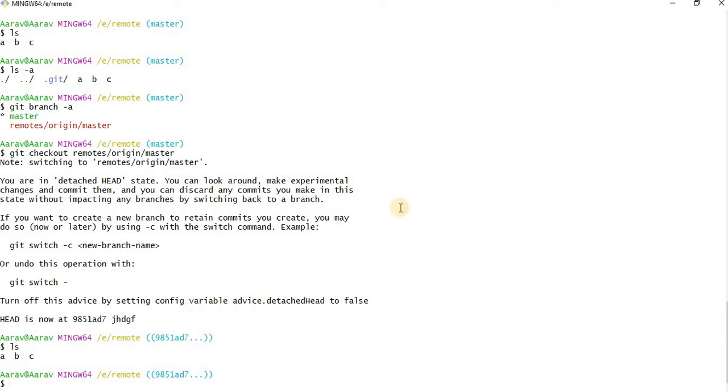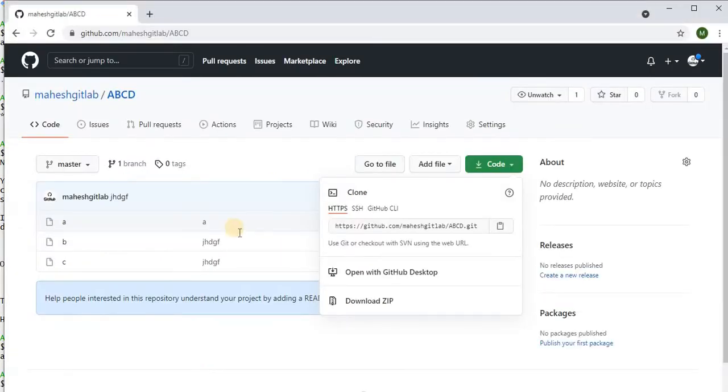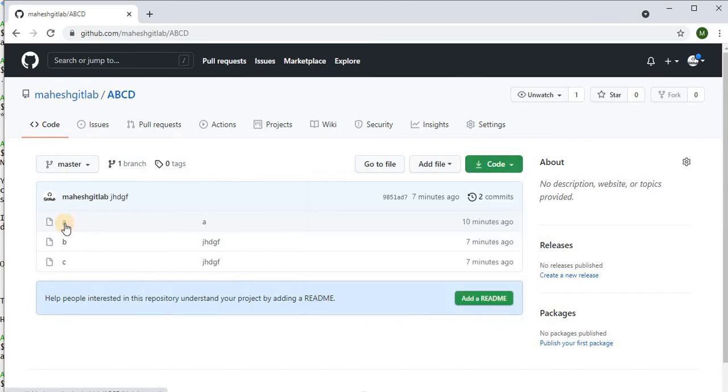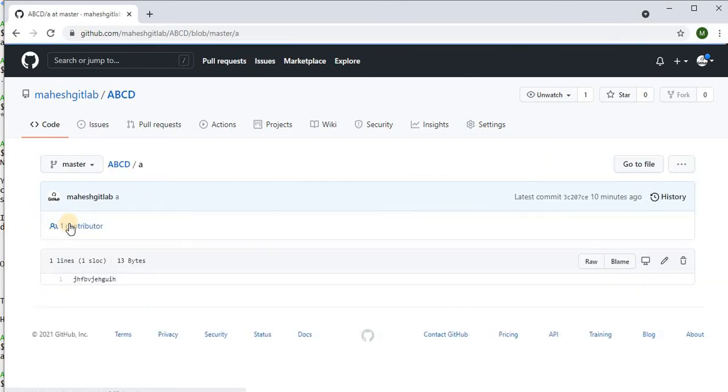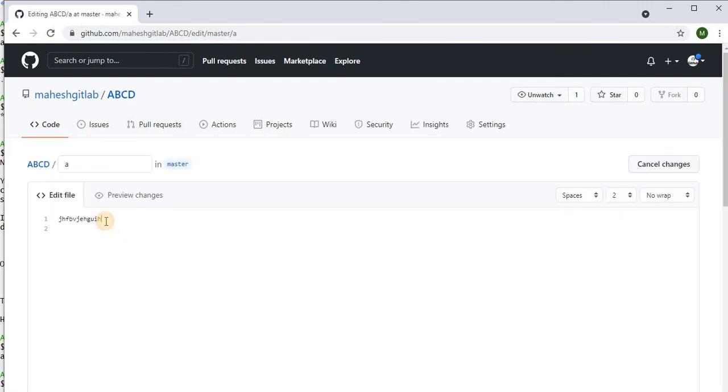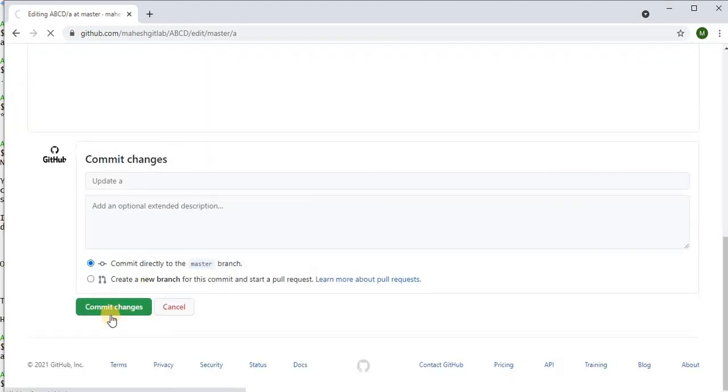So what I will do, see, under ABC I'm opening the A file. Okay, just doing an edit. Let's say this is the scenario: another guy has modified this A file and pushed the updated code. I'm just adding a second line. See, commit changes.